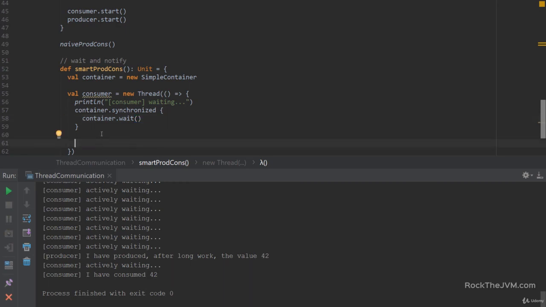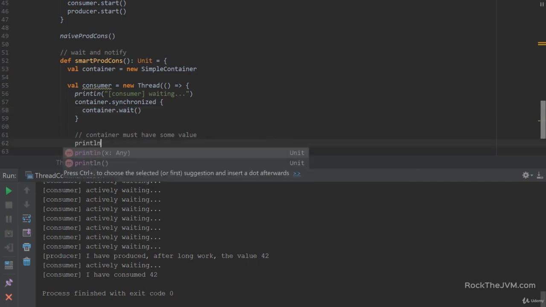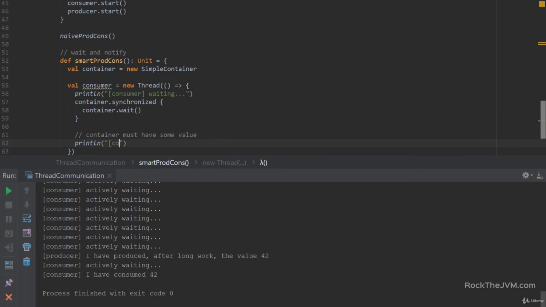So at this point, the container must have some value, because the only one that can wake me up from waiting will be the producer. So at the end, I'm just going to say "consumer, I have consumed",